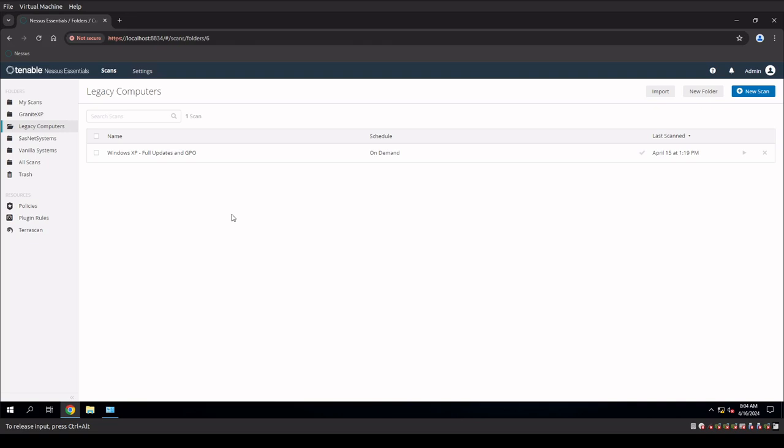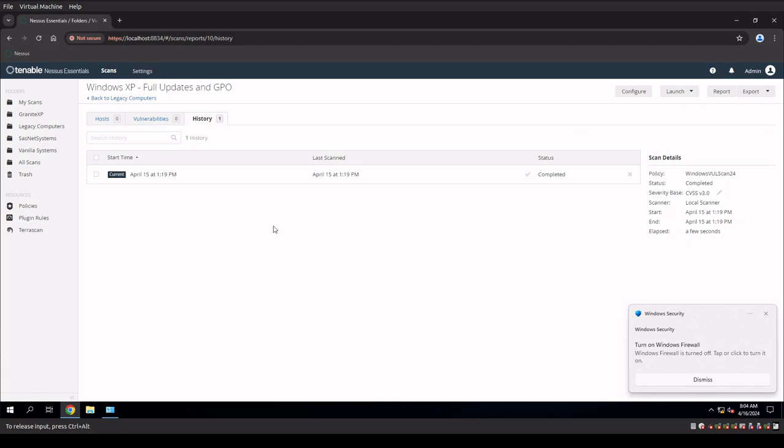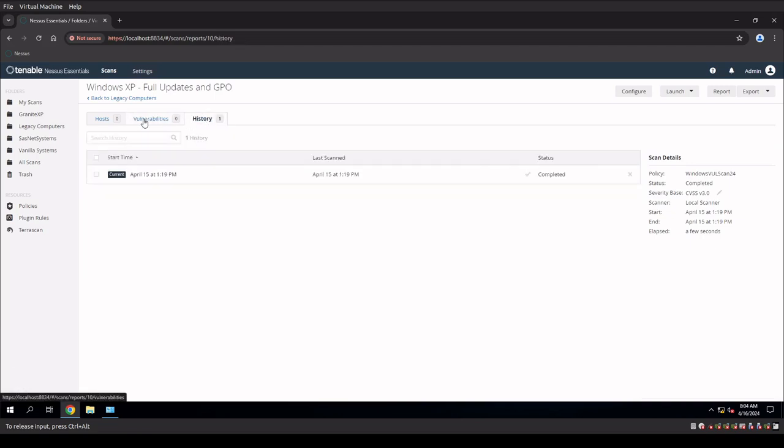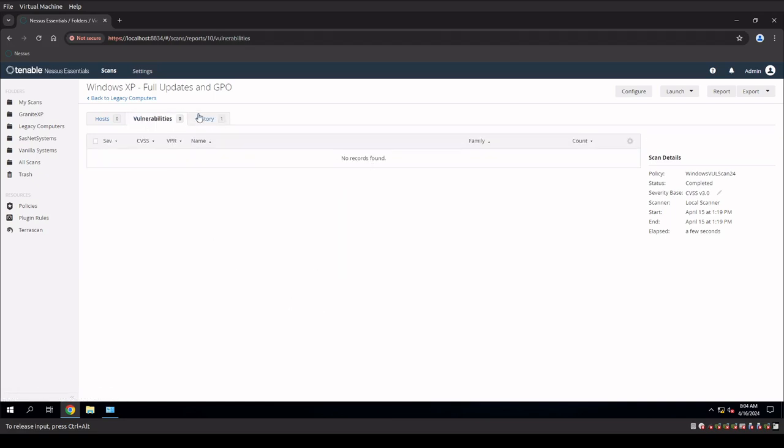So that's just something to keep in mind when we look at these. On our full updates and GPO configuration on our system, if we click on this and go into this, we'll see that we had 0 vulnerabilities. And you'll see that the status was completed. The reason is that this particular system has all of the updates, all of the configuration and everything. That's the goal. This no records found, this no vulnerabilities found, is the goal for our XP project